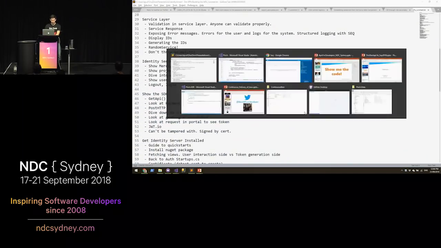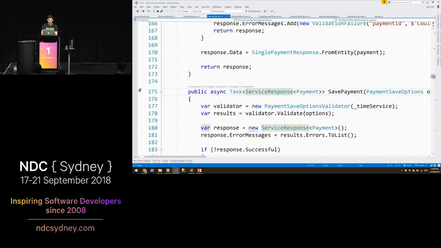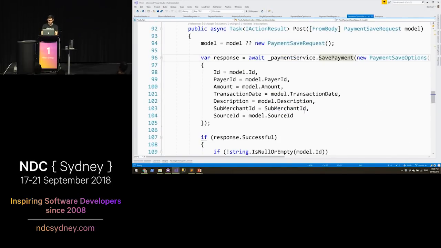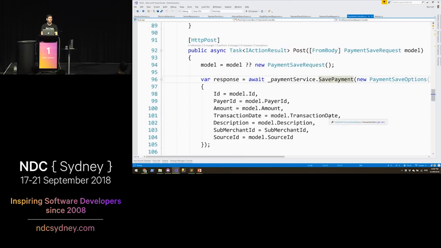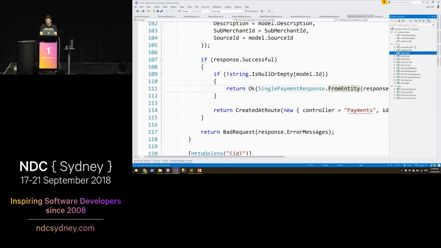Beautiful. All right. So that's basically the way I do APIs. Just at this point, is there any questions about that API structure or anything like that? Anything I've missed? It's very straightforward. What we're going to do is jump into identity service stuff now. So pretty much, let me start out by